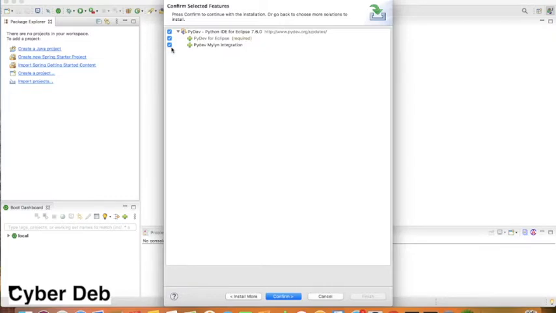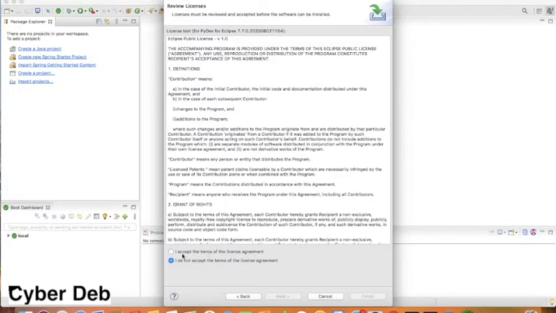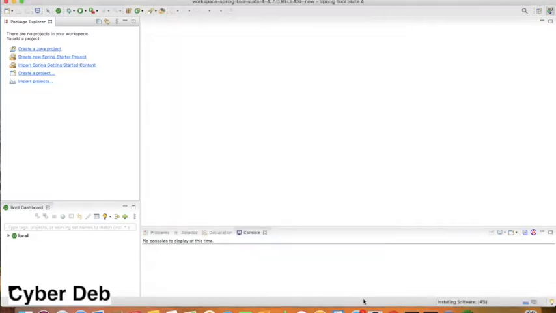Before installing, it will ask you for choices like whether you need this Mylyn integration or not. I don't need this Python Mylyn, so I'll uncheck it, then continue. It should ask for the agreement. Yeah, so click on I accept the terms and conditions of the license agreement, Finish.